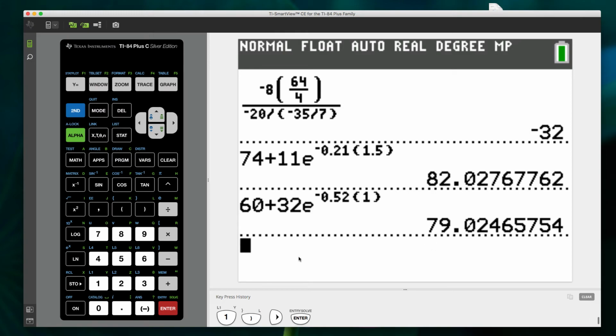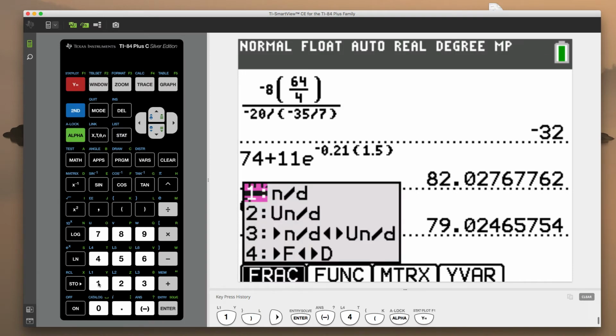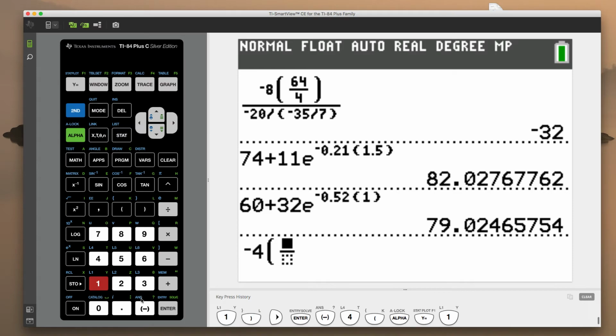So that's your little tutorial on using some of the features, and especially that negative sign feature, so you can get some negative numbers. We'll just do one right now. We're going to do negative 4, just make one up. Negative 4, open parentheses, get us a fraction right here, boom. Negative 4, we're going to put another negative. Negative 7 divided by negative 49,